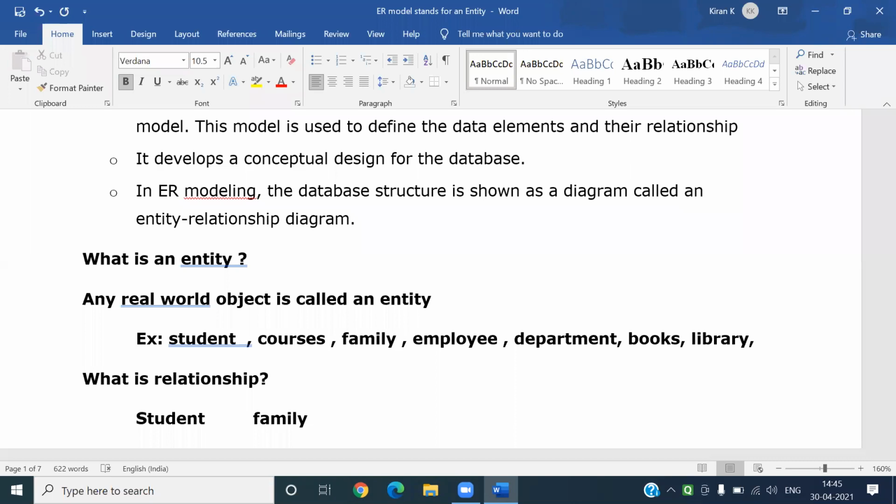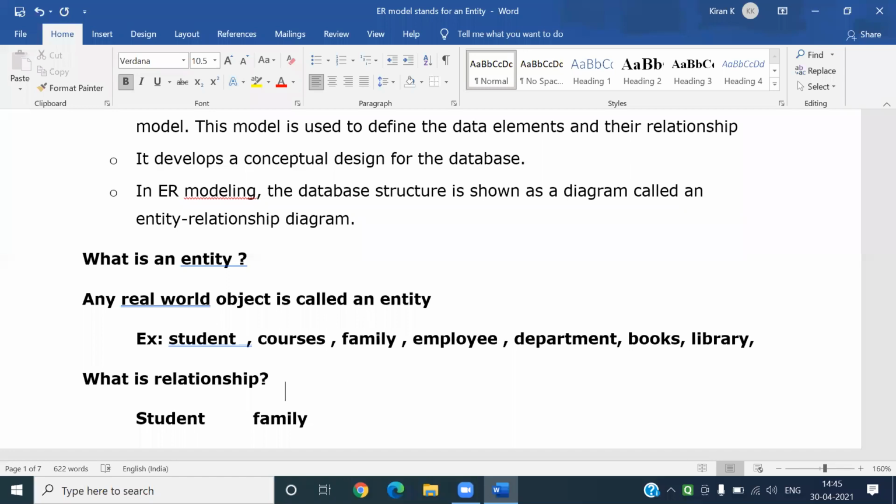An employee in an organization is called an entity. Department in a college is called an entity. Books, different types of books, or a book is itself an entity. So library is an entity. So anything can be called an entity.